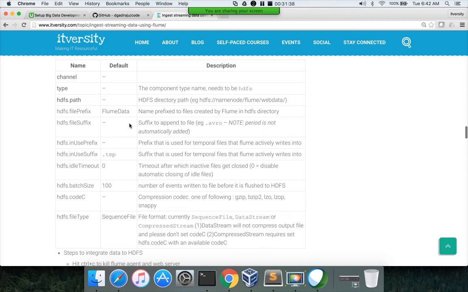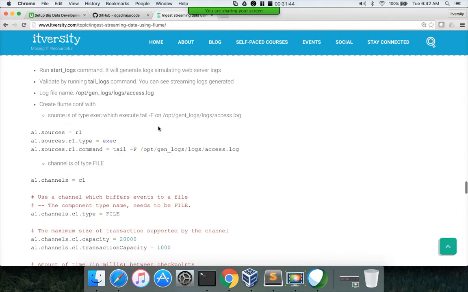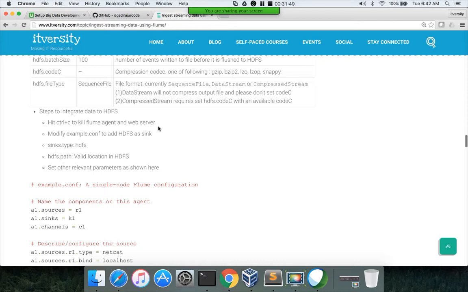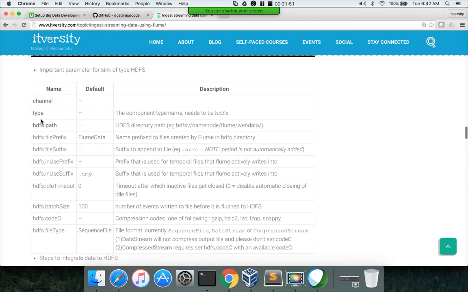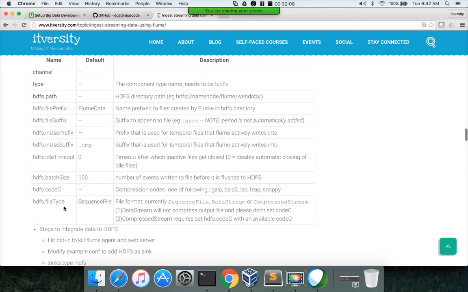Okay, so these are the parameters which you need to keep in mind for the HDFS sink. The first one is type. The component type name needs to be HDFS, and then you can define the HDFS path, and then there are a bunch of other parameters like file prefix, what should be the prefix for each of the file names, what should be the suffix of each of the file names, and then the batch size and file type.